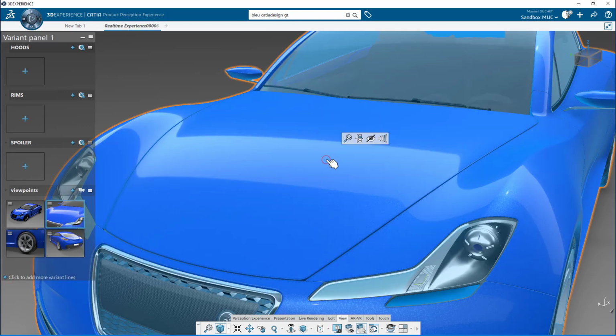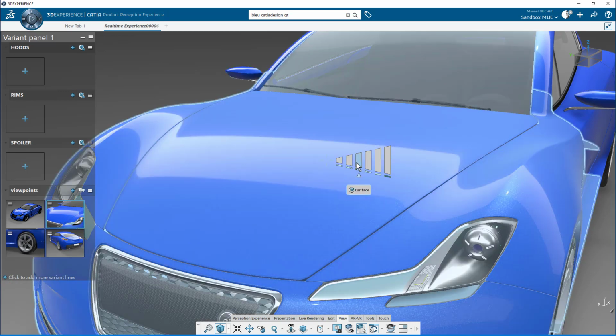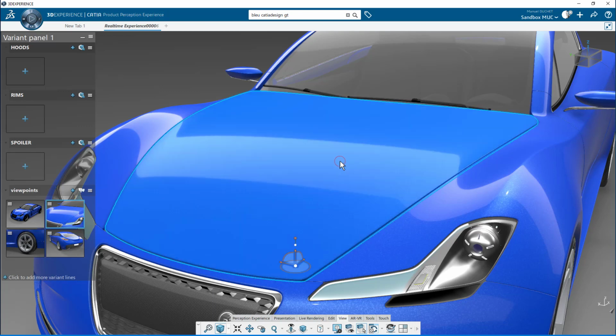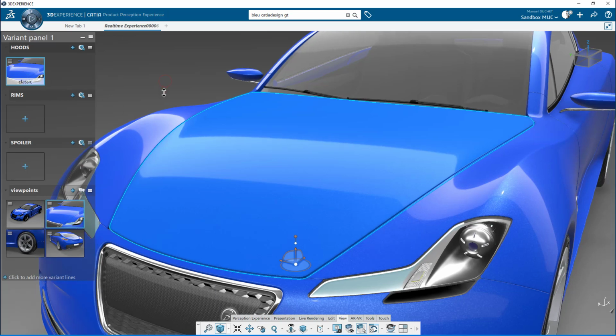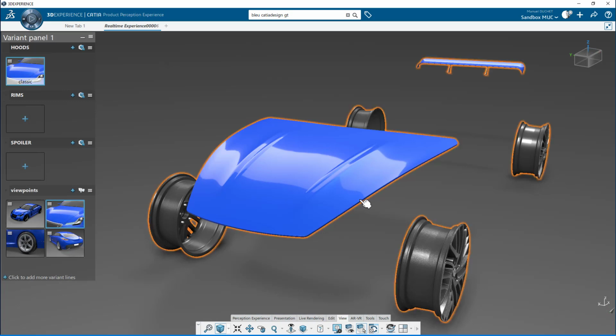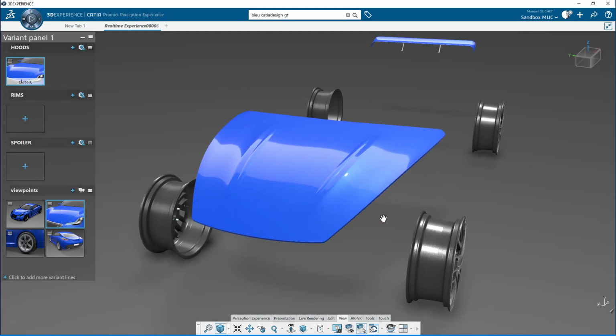So the hood. Here I have the classic version of the hood. Clicking on it and then using the level selector to go down the product hierarchy, down to the level I want to select the hood. The other version of the hood are in the invisible space, but there are several of them.